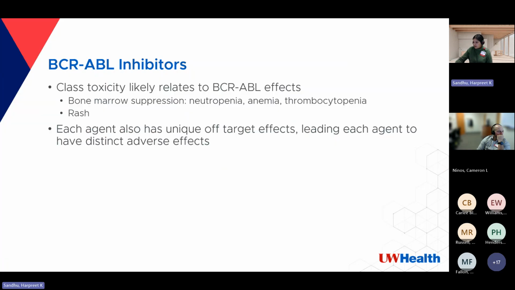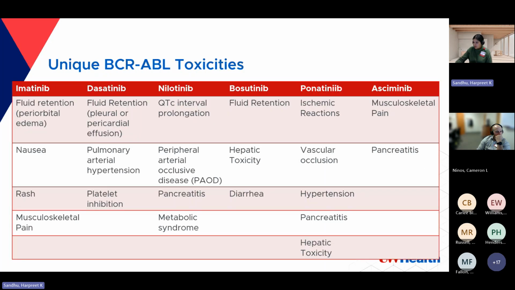Moving into side effects, so some class toxicities likely related to the effects of BCR-ABL. Bone marrow suppression will be seen with these agents to some degree, and also rash. Each agent does also have unique off-target effects, so that each agent does have a more distinct adverse effect profile that we'll review here. So starting with imatinib, many of these agents can cause some sort of fluid retention in